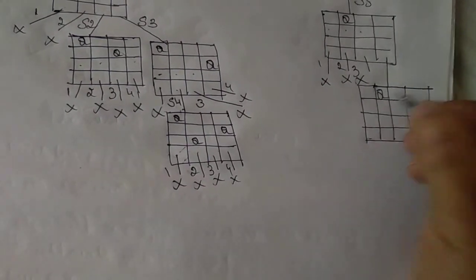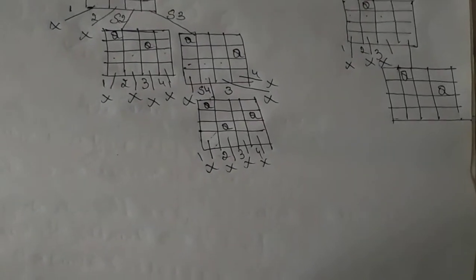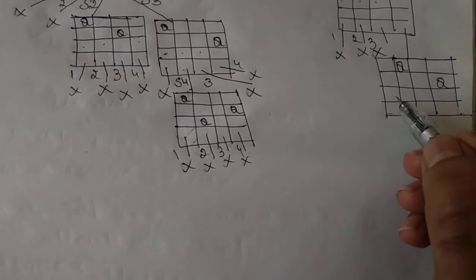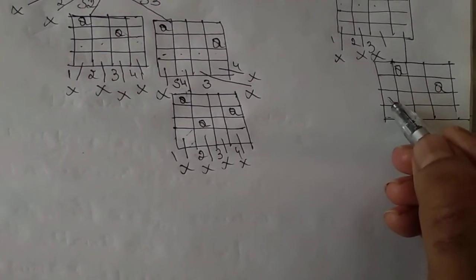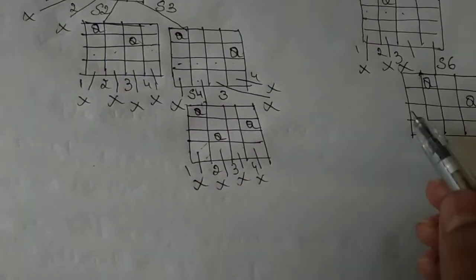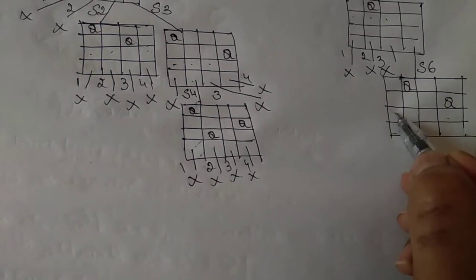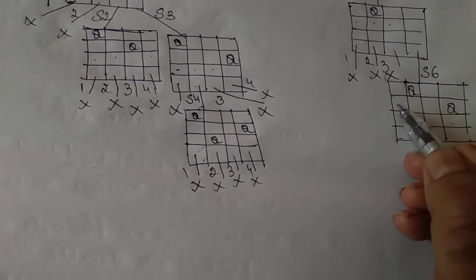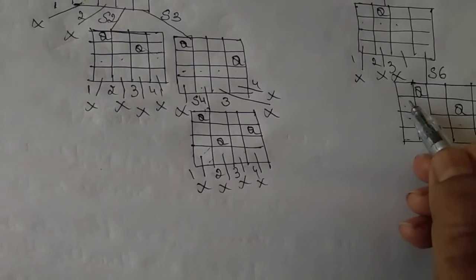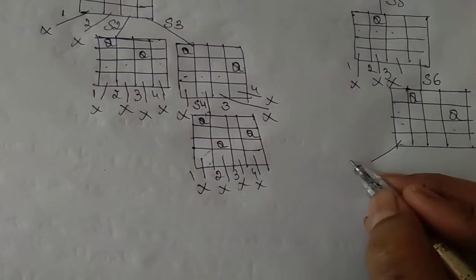In second place it is there, and then in fourth place I can place this Q. Is it not? Yes. Then in first position, this is solution 6. Next, for the third column I'll check. See, in first place can you place? Yes, because diagonal means only here it will attack. This one diagonal means here, horizontal means here, this one is here. This is possible, is it not? So I'll place over here.